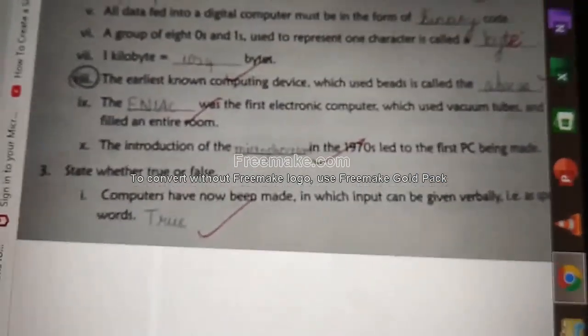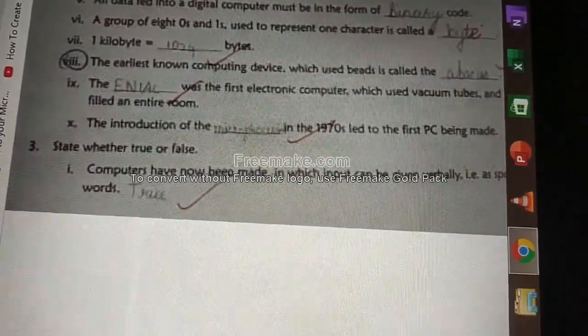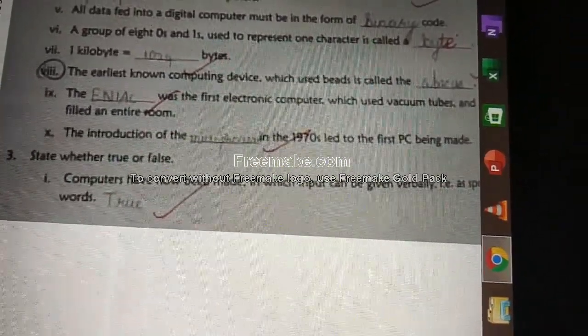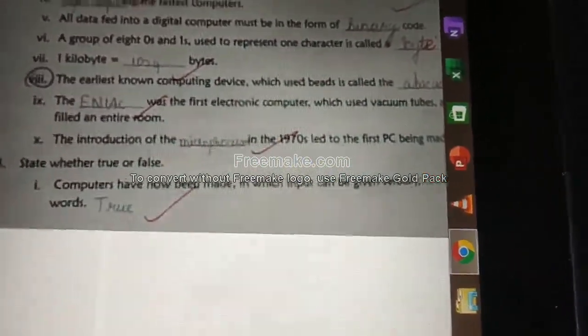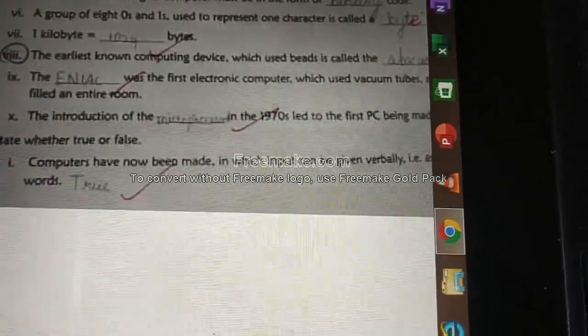Personal computers were introduced. State true or false. Now we are going to see true or false. Computers have now been made in which input can be given verbally, that is spoken words. Is that true? Yeah. In nowadays computers